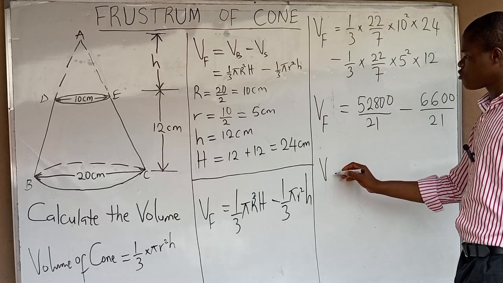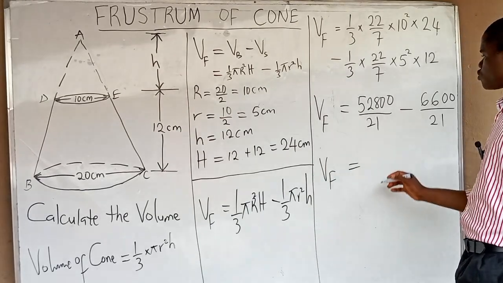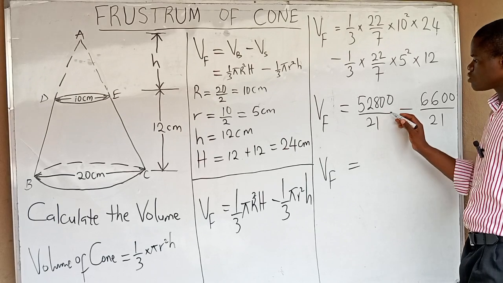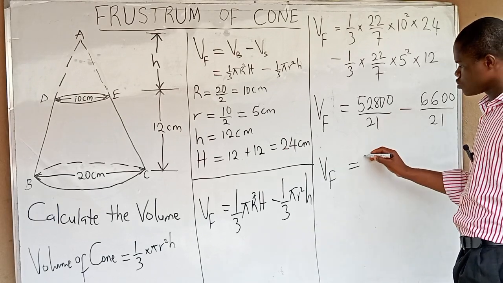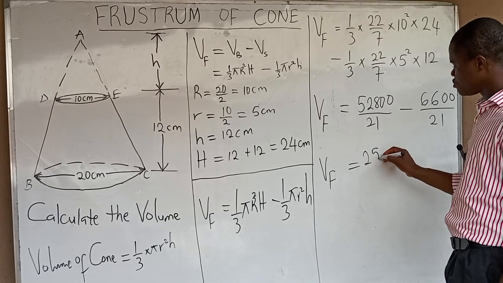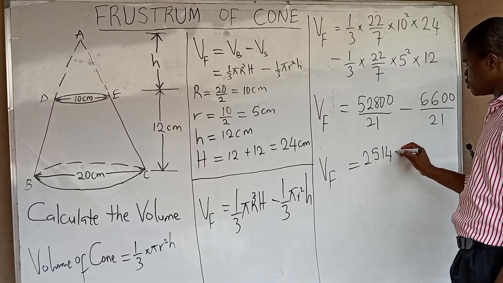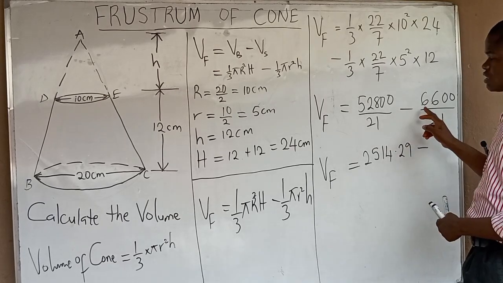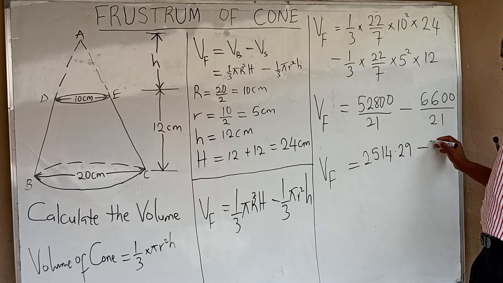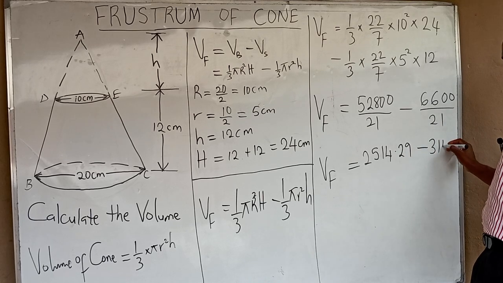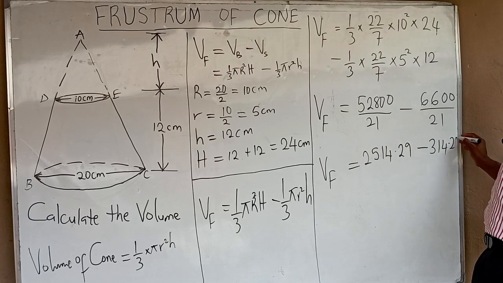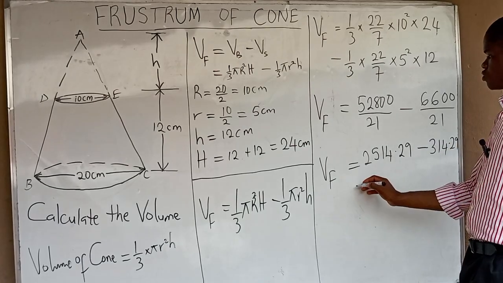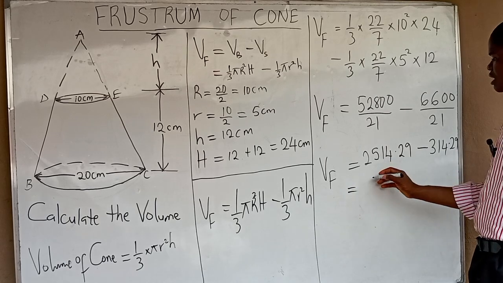So volume of the frustum is now equal to 52,800 divided by 21, which will give us 2,514.29, minus 6,600 divided by 21, 314.29. So subtracting, we'll have our final answer as